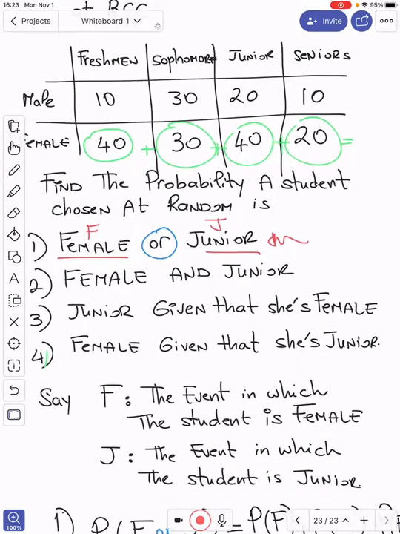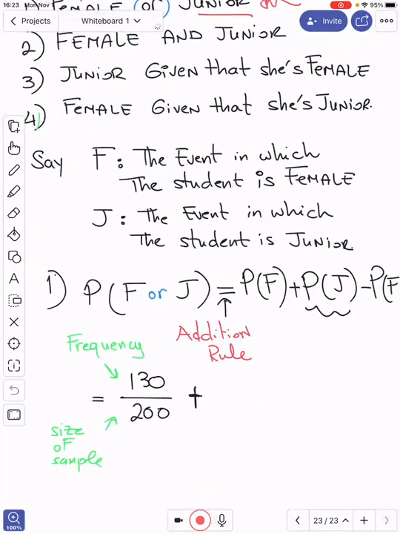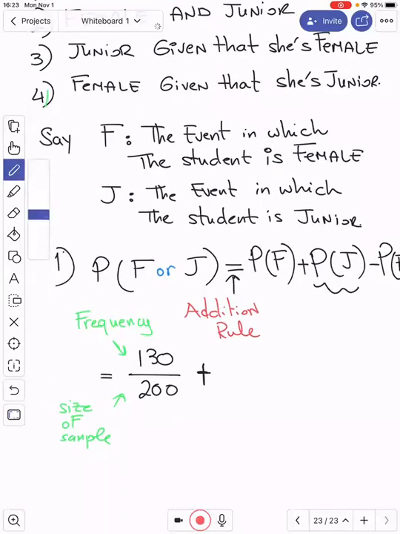So in total, we have 60, because we have 20 male juniors and 40 female juniors. So 60 juniors, divided by the size of the sample, which is again 200, minus